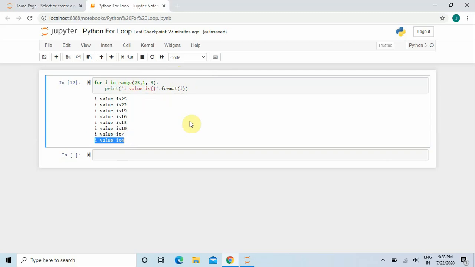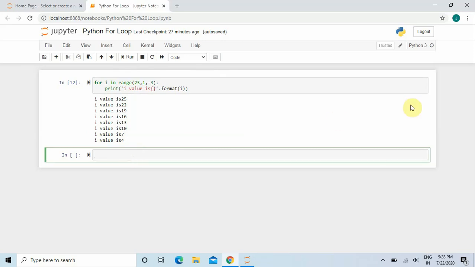Now let's see some other examples of for loop. Suppose now I am taking a string. Now I am going to show you how this for loop works with the string. Suppose I am taking a string as apple, orange, mango, cherry.